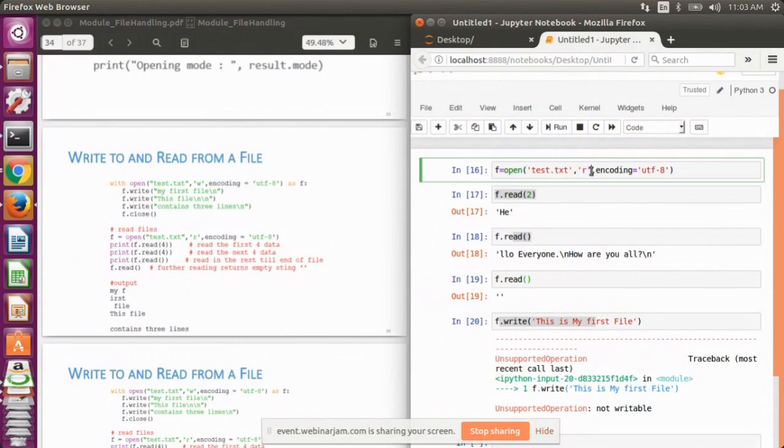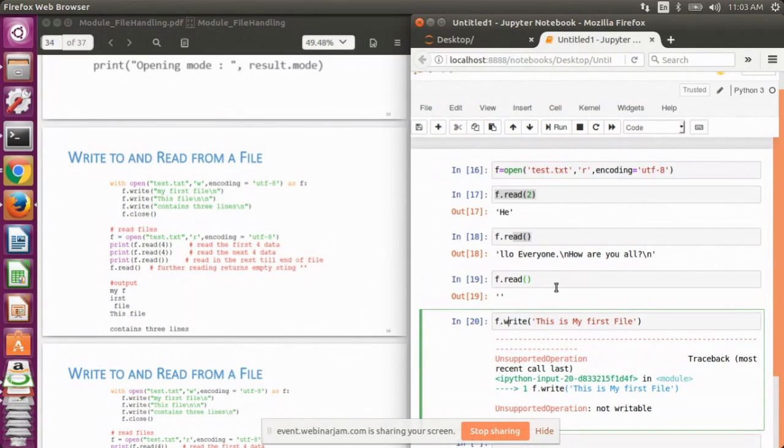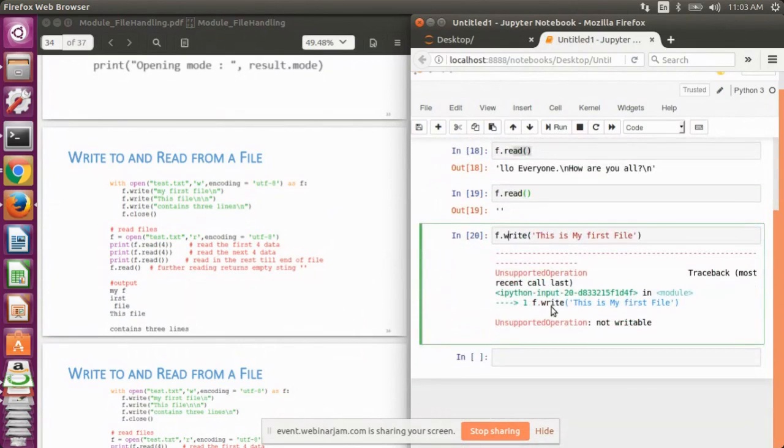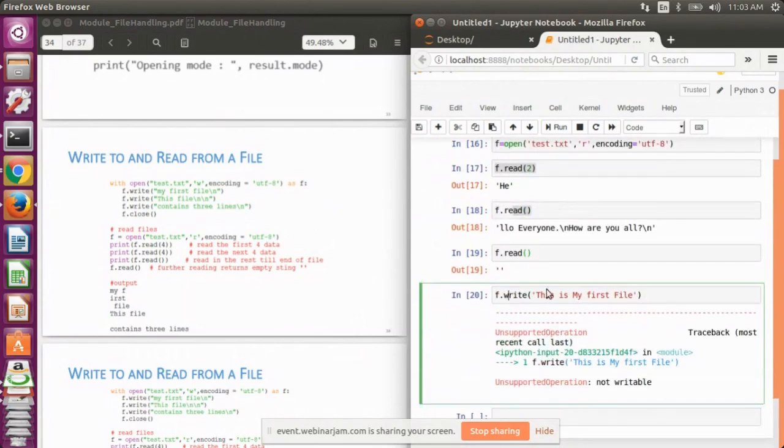So anything I perform with this file can only be a read operation. As soon as I perform the write operation, it throws an error that I cannot perform any write operation in this file because it is not writable.